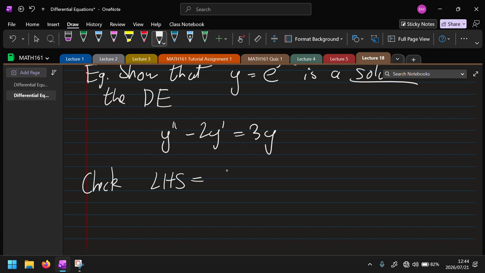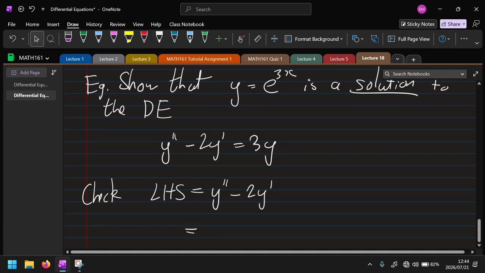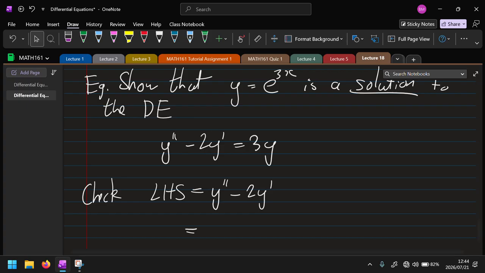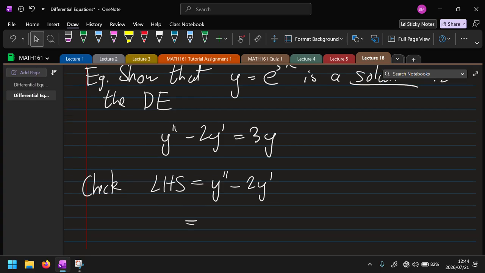Left-hand side. So that's going to be y double prime minus 2y prime. So we've got our function, we've got our left-hand side. Let's substitute and see. So this is y, so y double prime. That's going to be two derivatives. So we take the 3 down, we take another 3 down. So that will be,